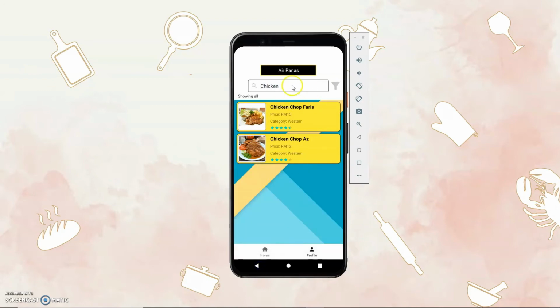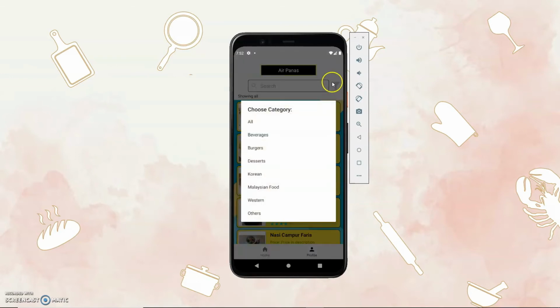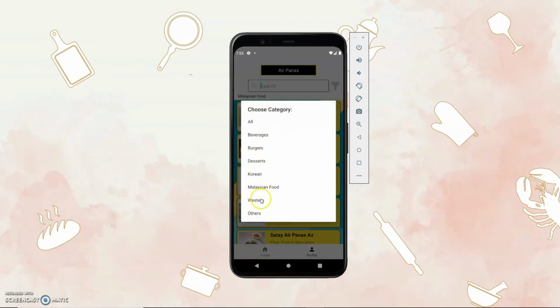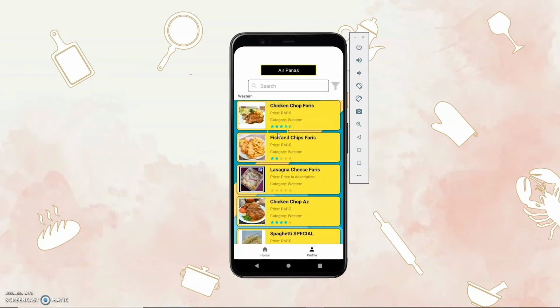Okay, then the application will display the search keyword, and then the customer can also filter product by clicking the filter icon based on the category. So for example, they want some Malaysian food, you can click it, and the application will display only Malaysian food in air panas. And then Western, and it will display only Western food in air panas.